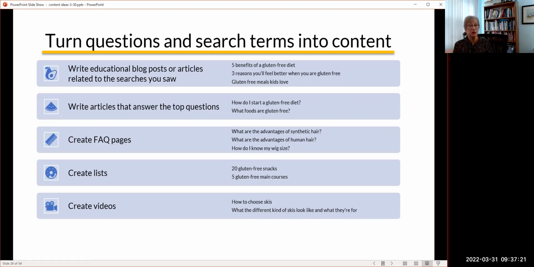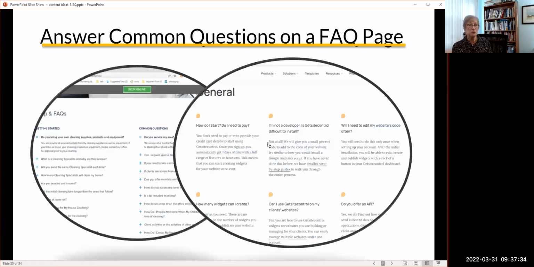For here, I used an example of skiing. But you can do this stuff. It's easy. Once you have the research and you know what people want to know, then you can just apply it to what you do. So here's an example of what a fact page looks like. You've seen them all over the place. You can do this for your content too. Again, they're the questions that customers ask the most.